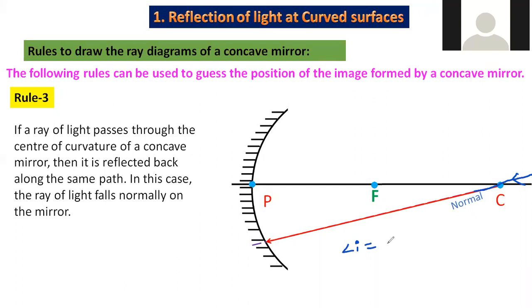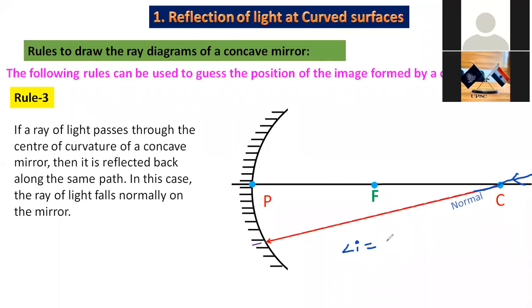What is the angle here? Angle of incidence? 0 degrees. 0 degrees. Kaushik, what is the angle of reflection? 0 degrees. Why 0? From the center of curvature. According to